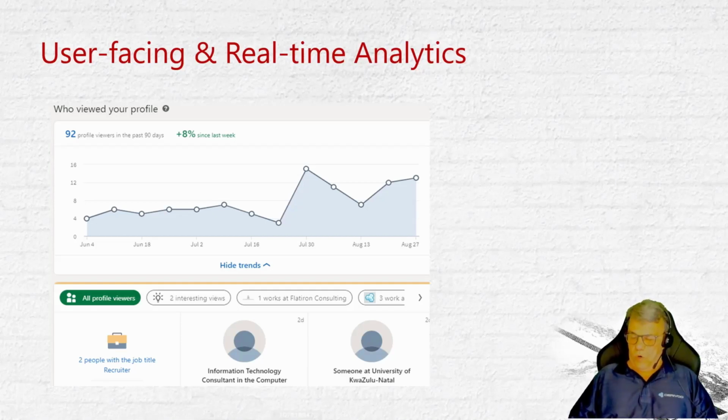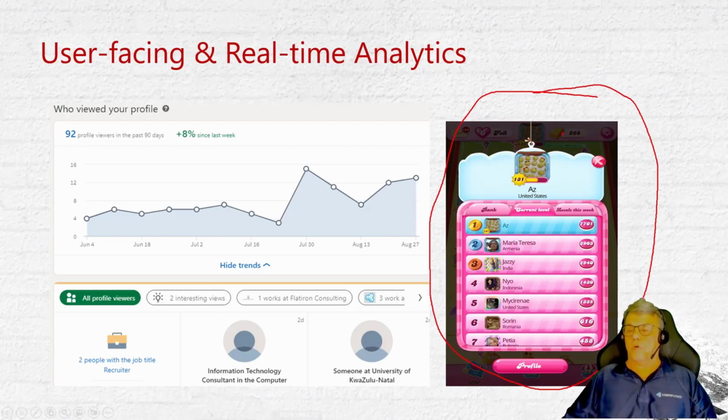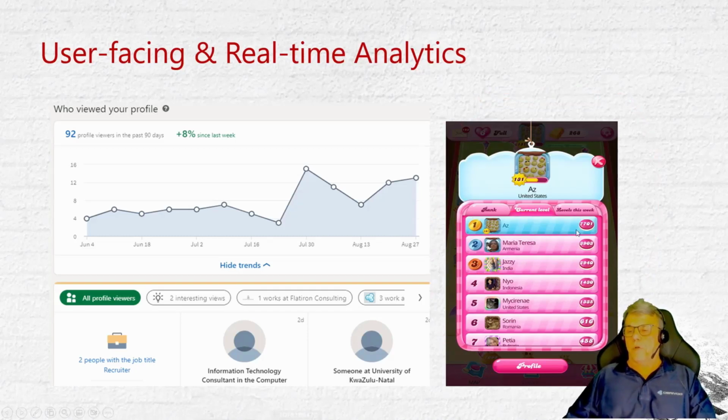Or, coming back to what I am doing, we have a leaderboard where this is some sort of game, and we have people here that sit on the leaderboard and have a score, have some values, and we can see who they are, etc. Right.